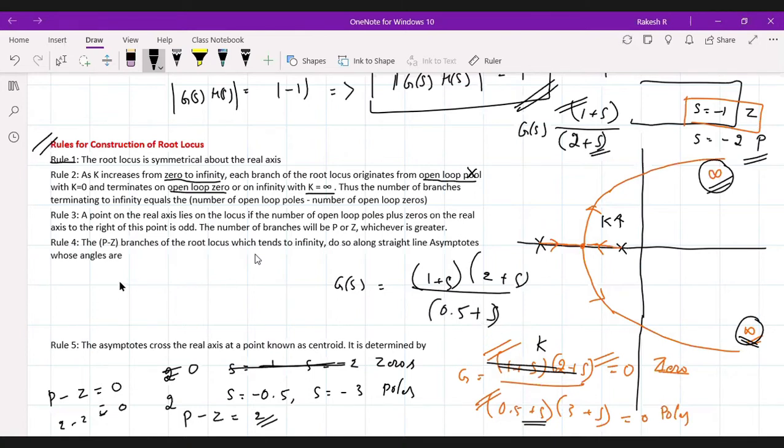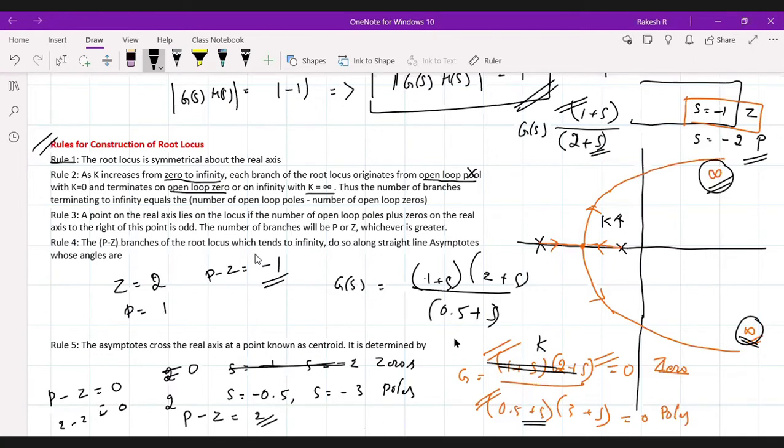So the number of zeros, z, is equal to what? Here one root, and this is the second root. So z is equal to 2, and the number of poles, p, will be 1. Number of poles will be 1 and number of zeros will be 2. So at the end, P minus z is what? It is minus 1 here.